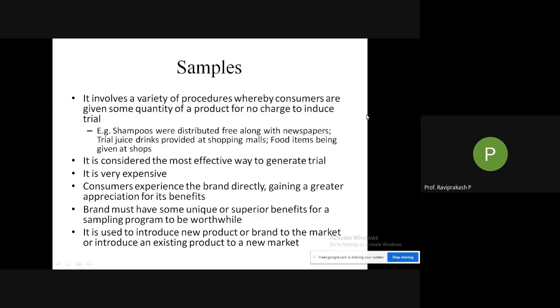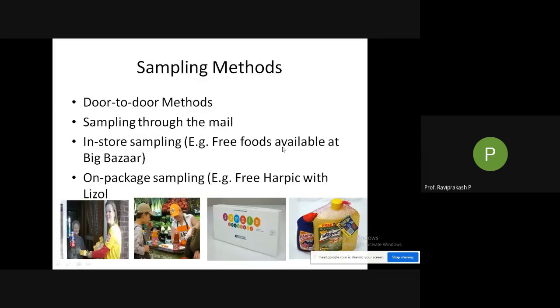So these are samples. So, sampling methods. We just know what samples are. Now we'll see what the different sampling methods are that are available, or those that are used by people in various industries. First is the door-to-door method. So here in the first picture you can see a particular person going door to door. That is personal marketing.